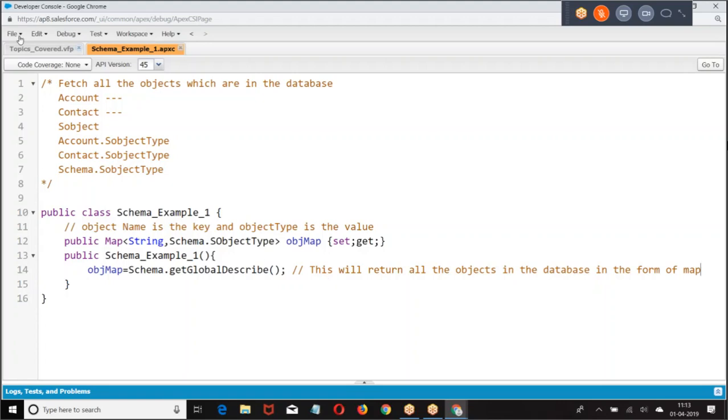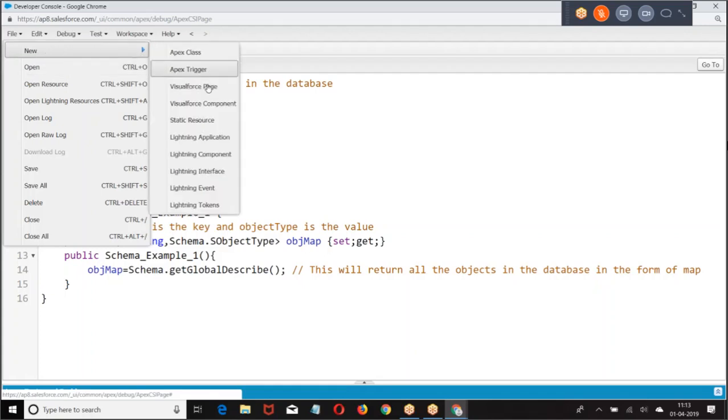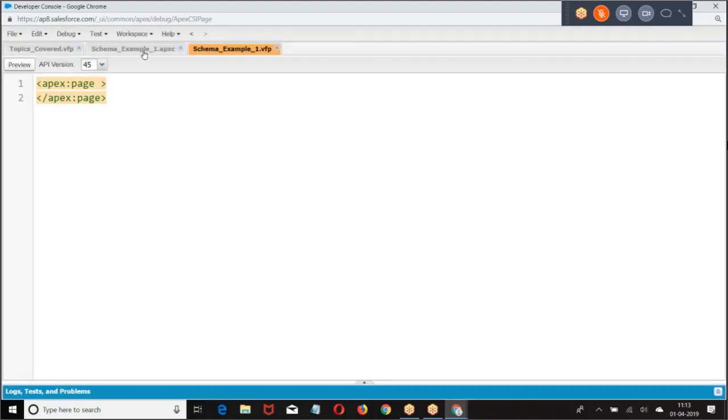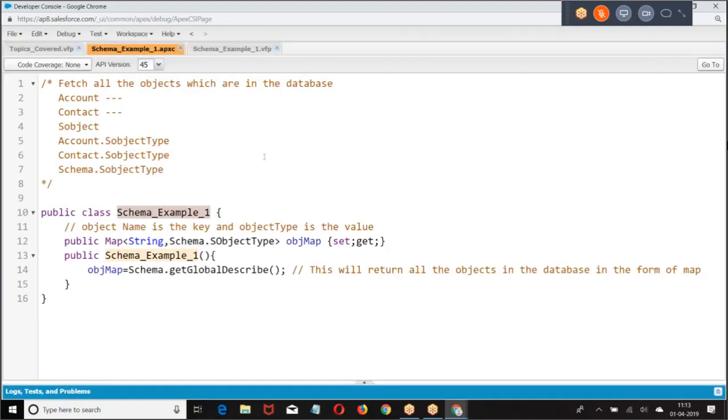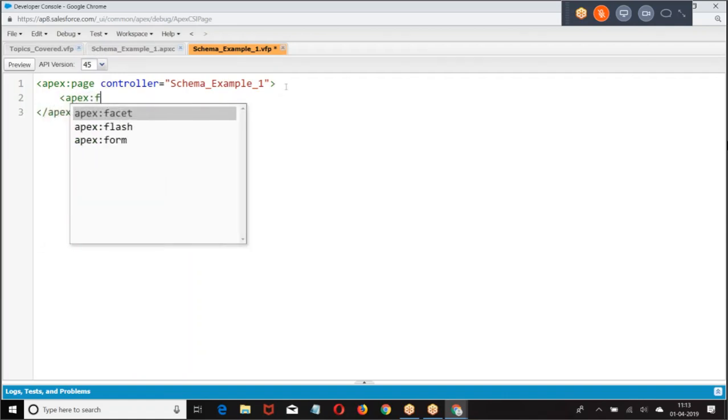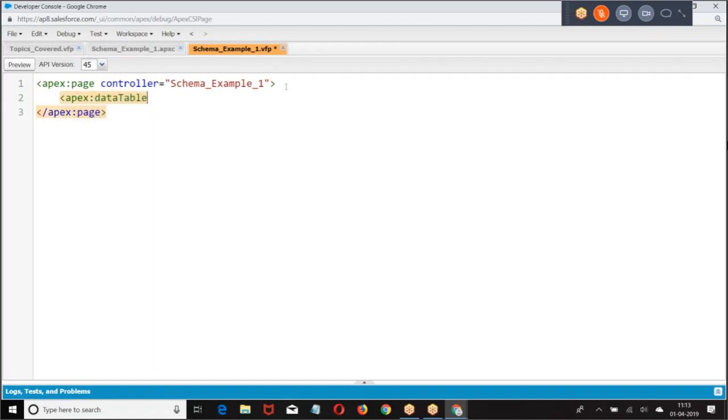Now let me create a VF page with an object map.